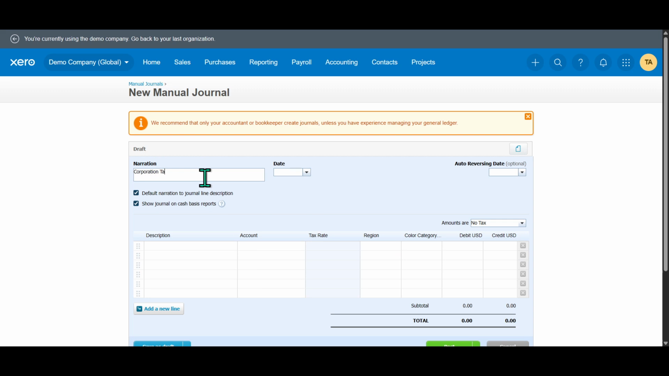Once you've opened the manual journal, it's time to input the journal details. Start by adding a clear and informative narration for your journal. A good example could be something like corporation tax for current year. This helps you, and anyone else reviewing the accounts, understand what the entry is about. Don't forget to also input the relevant date for the tax entry, ensuring it aligns with the financial period you're